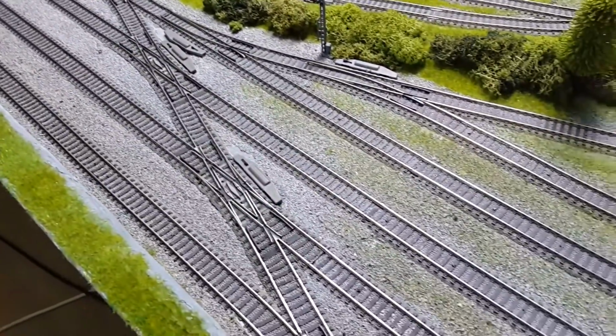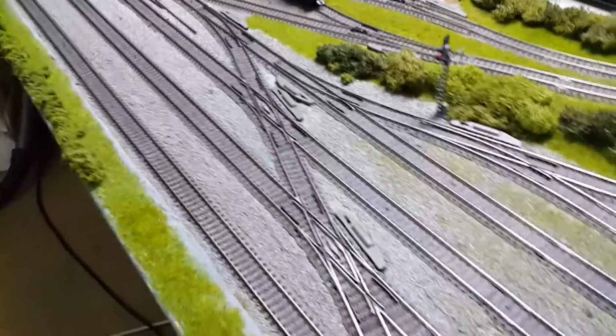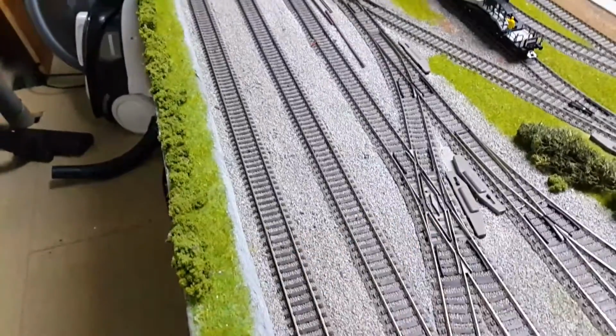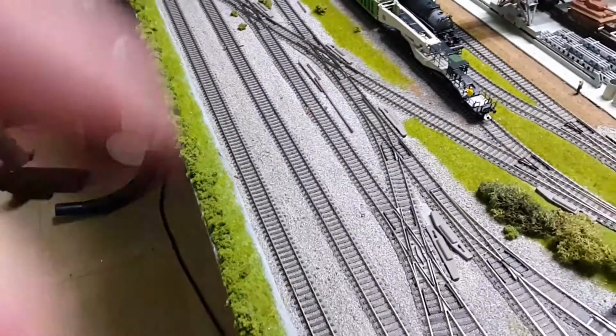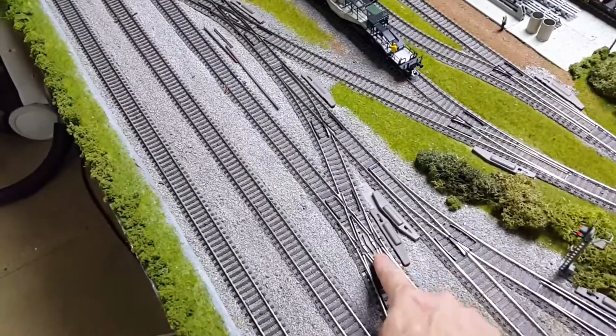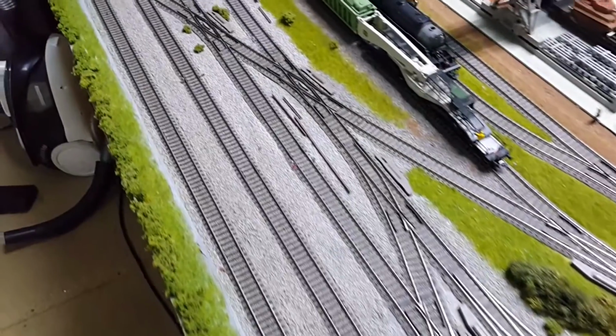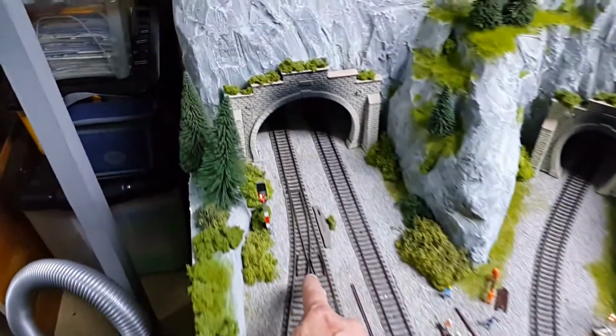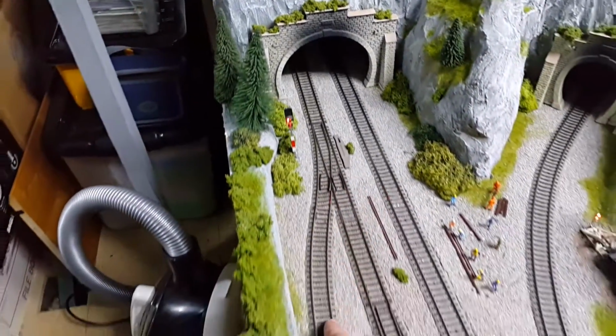Got quite a few points there, and I've also got a temporary siding here for holding trains, or if I've got a complicated wheel arrangement train which is a bit awkward for going through the double slips, rather than bringing it into the station through a double slip, left or right, I'll bring it in through this particular point here, so it's not going to ever derail,